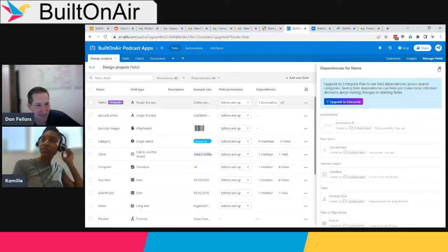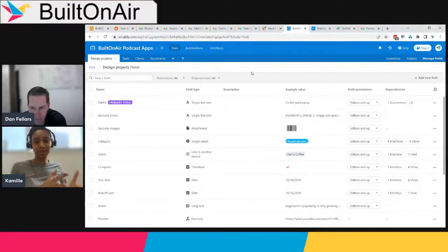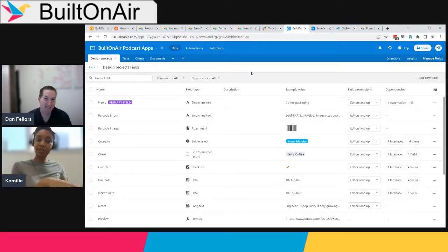Airtable doesn't do versions, and that's not atypical for web-based apps like Airtable, but there are some that have such massive dumps of new features that they call it something like Airtable 2.0. Yeah, I wonder if Airtable's ever going to do that. I don't know if last week rises to the level where I would call it a 2.0 or a 3.0 or whatever, but